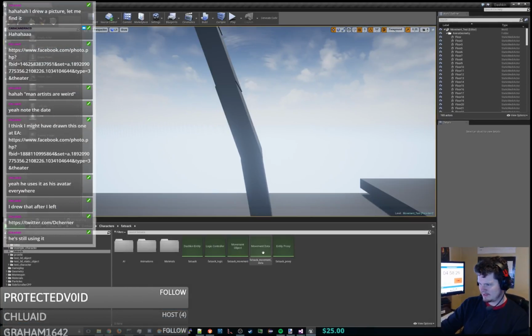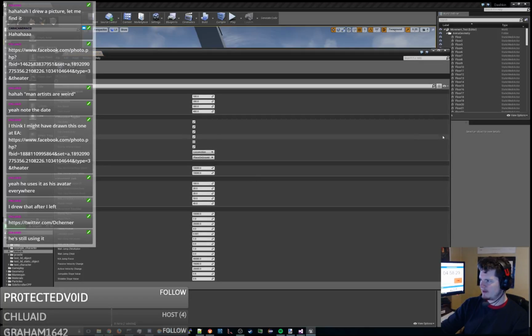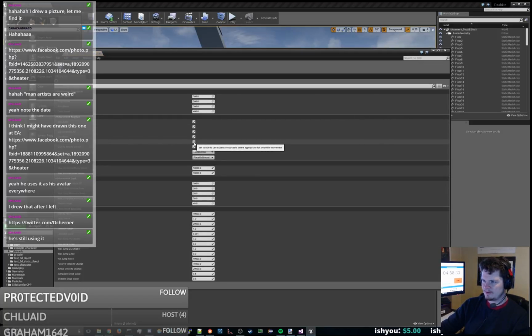That's how it works. Alright, so now in our movement data structure, we've got all these toggles. As you can see, they're toggleable and all that stuff. And we've got our locomotion there, place on ground is there. We got our max vertical speeds. We've got all of our constants here, and this looks correct. This all looks real good. So that's how we'll be able to make different movement